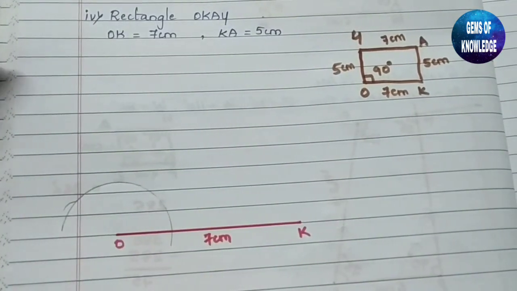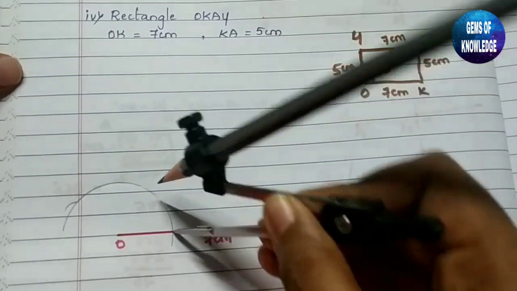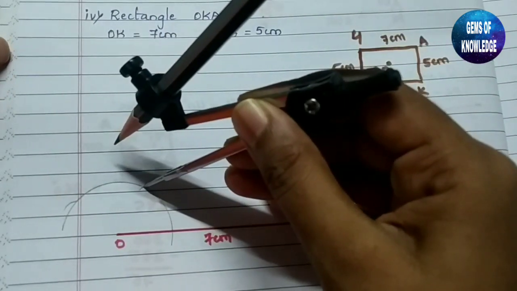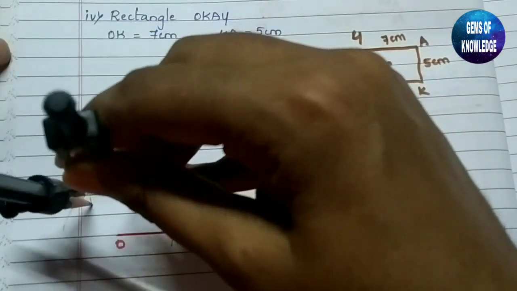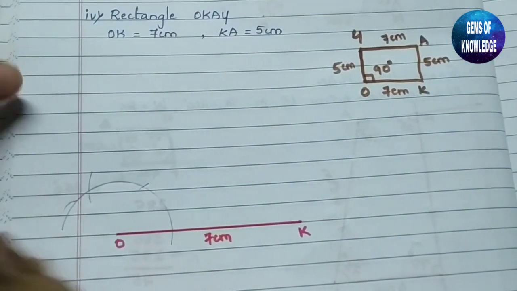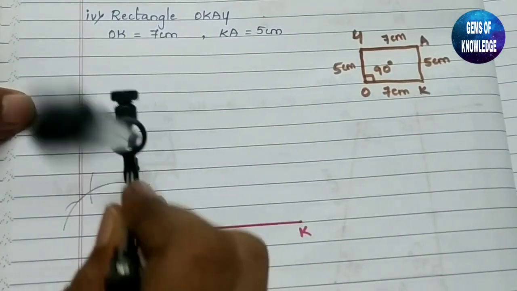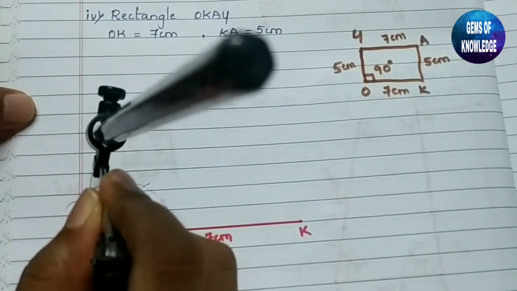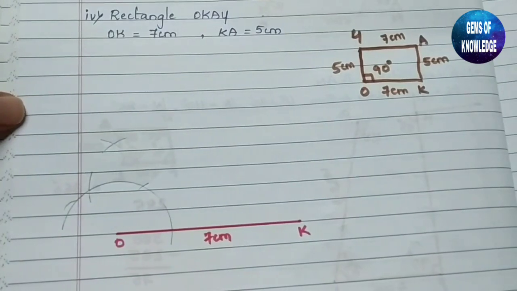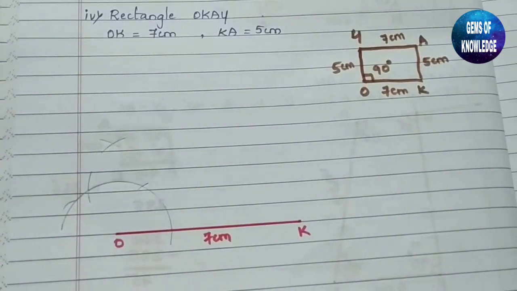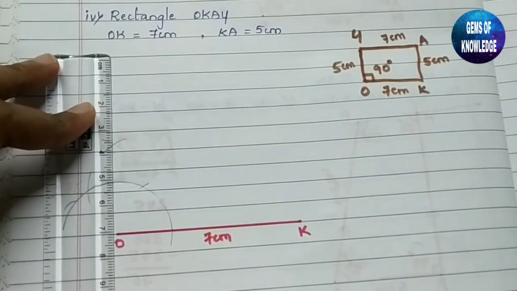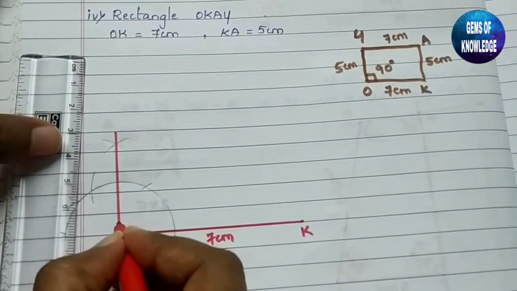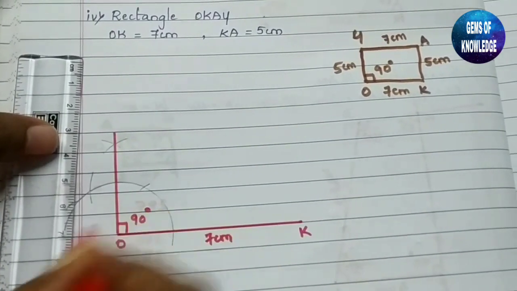Then here we need to cut this angle. This is of 60 degree, and here one more angle we are going to cut. This will be of 120 degree. So with the same measurement from here, I need to cut one more angle for 90 degree. So I'm going to cut this and let me join this line which is of 90 degree. Okay, now this is of 90 degree.